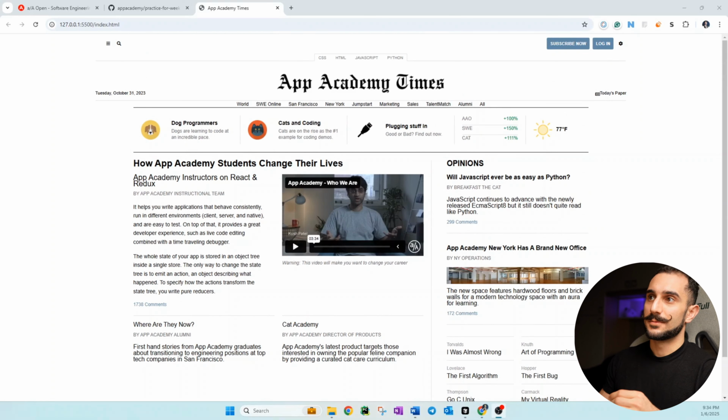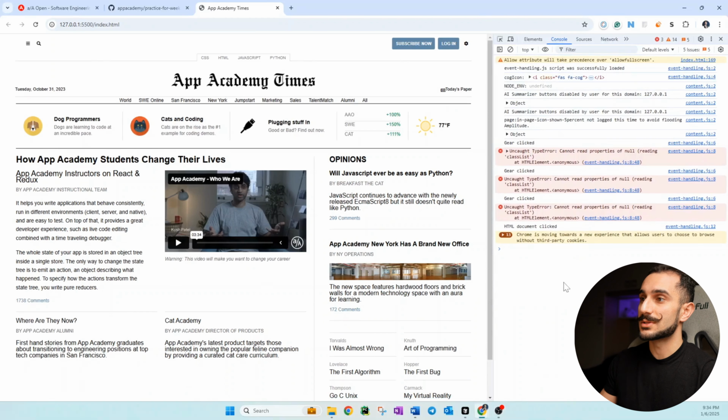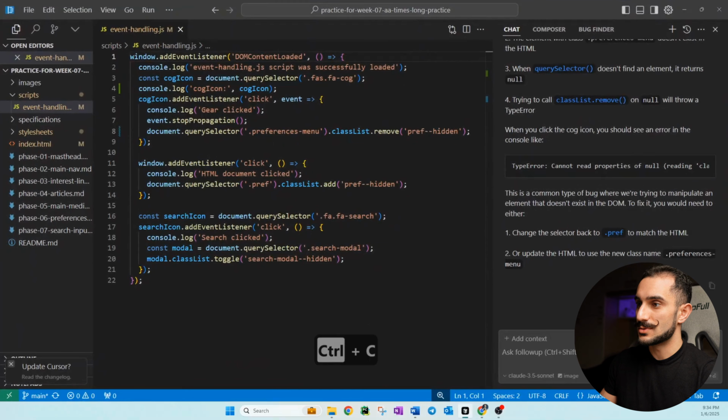And there's an error. So to see an error, whenever we click on the cog here, basically the menu should be open, but it doesn't. So to see the error, we can just go to the console and you can see it. Whenever I click on the cog, there is this error getting caught every time. The only thing we just need to do is to copy paste this and go back to our sweet Cursor